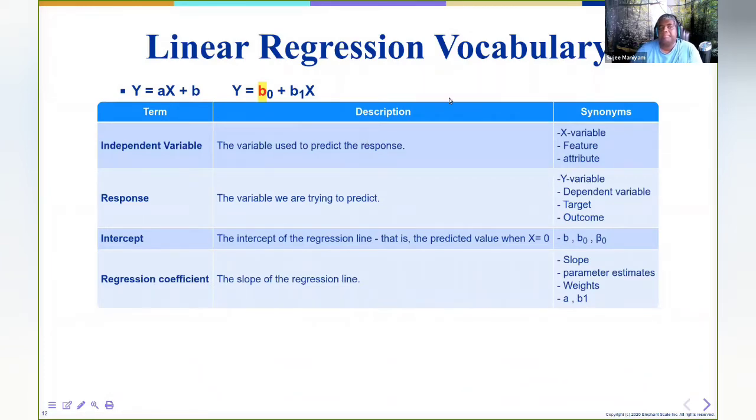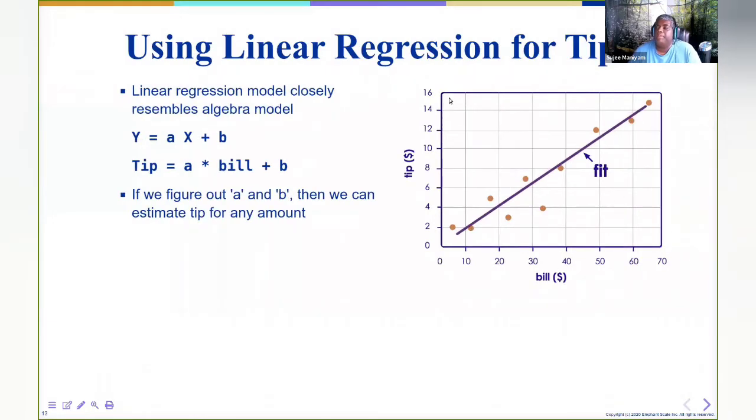Okay, so we determine our billing and tipping example is suited to linear regression. Looking at the graph is very simple because there are only two variables, x and y. So remember, what's my equation? This is my generic equation. So when I customize this for billing and tipping, what do